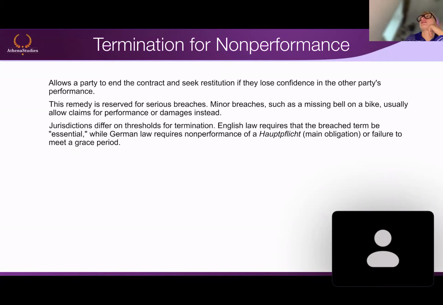So basically, German law says that here we have a contract, and the contract has 5 clauses. The first one is the most important because it says that the item is brand new and not defective. If the thing that you receive is actually defective and doesn't work, you can say that it breached the main obligation of the contract, the condition, for example. And if the main obligation is breached, then you can indeed terminate the contract. But if there was a little scratch or something, I don't think you can terminate a contract for that. Maybe in some cases you still can, but the general principle is that you cannot.